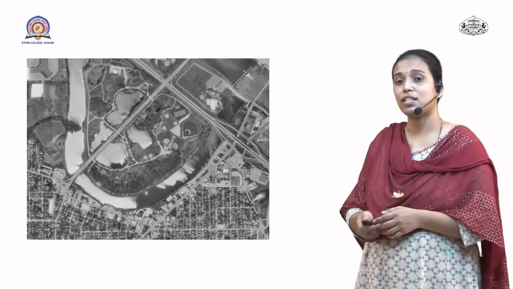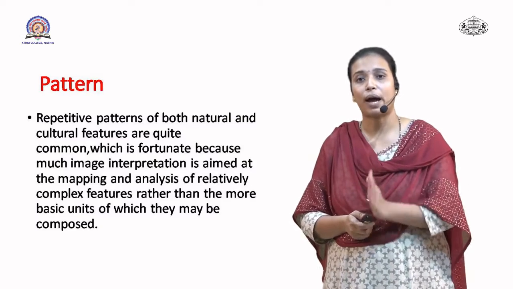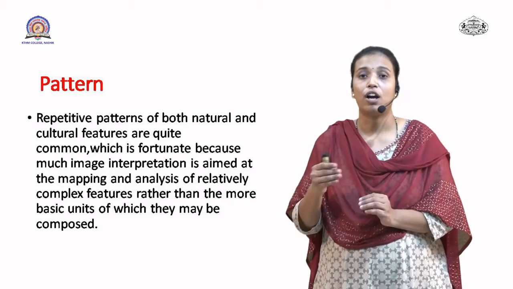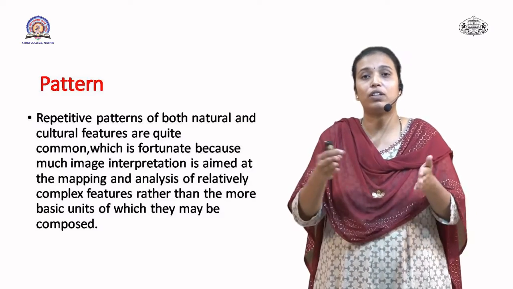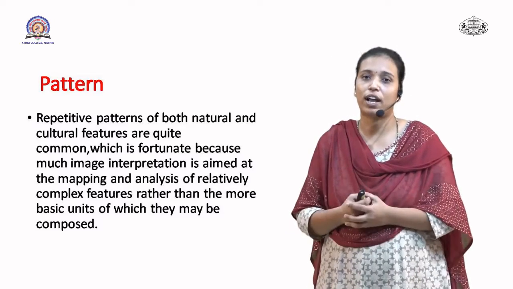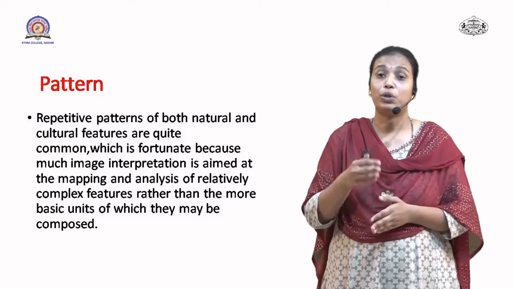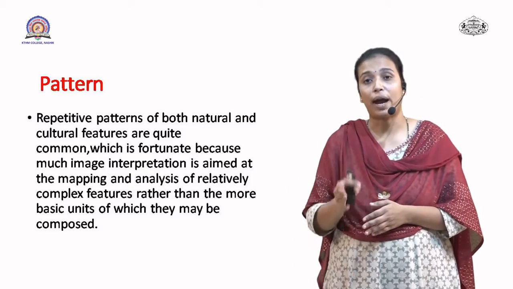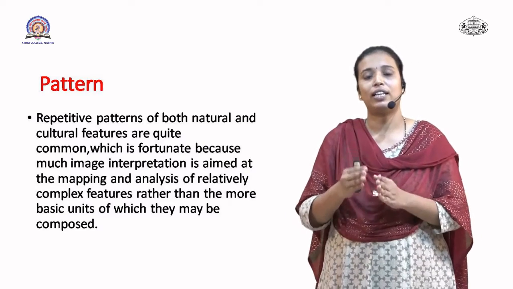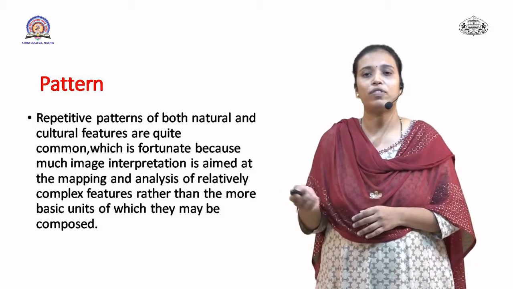Now the last element of photo interpretation is the pattern, a specific pattern of any object which is placed in a particular area. So pattern can be, if you can see squares lying in one line, you can say that boxes are lying. If you see very different triangles with shadow, then from that triangular pattern or triangular shape and the shadow, you can say that those are the pyramids of Egypt. This is the example of pattern.